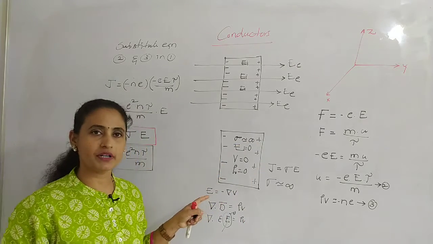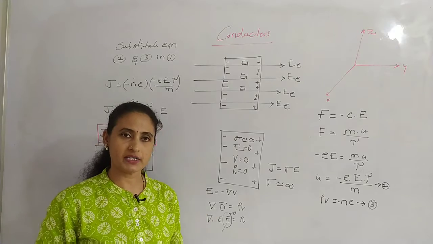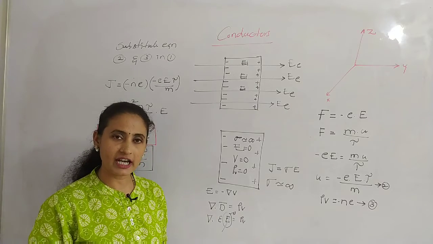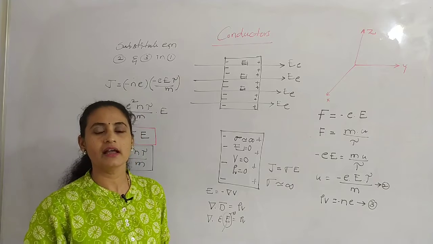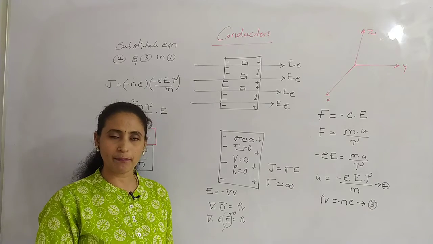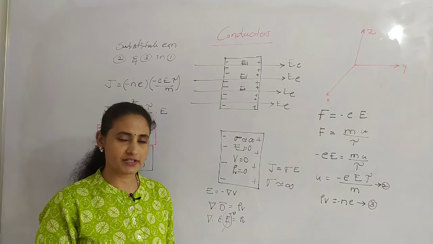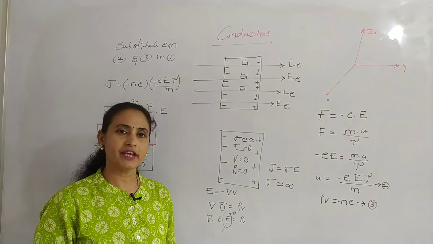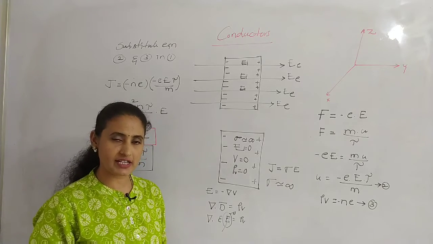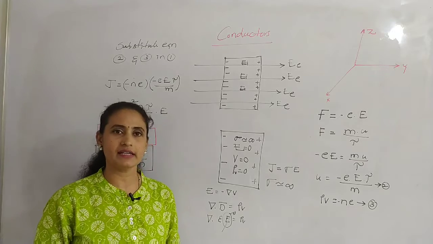So these are all the properties of conductors. What are the properties of conductors? Electric field is zero because the induced electric field cancels the external electric field, and as it is an equipotential plane, no potential difference occurs. So the electric potential V is also zero, and there won't be any charge density, rho v is also zero, and the conductivity is infinite.